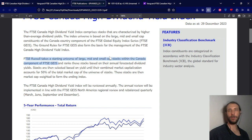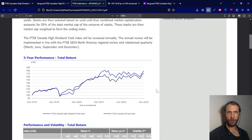So they'll review it every year and they'll rebalance every quarter. So we're not going to see too much of the changing around of the market or of the index. They basically want to leave things as they are